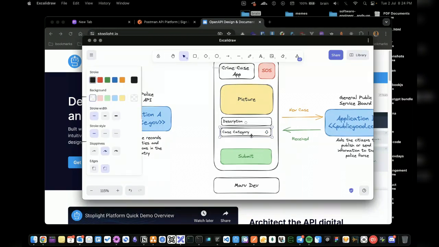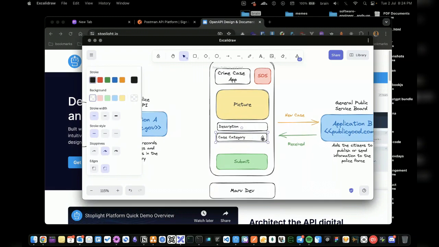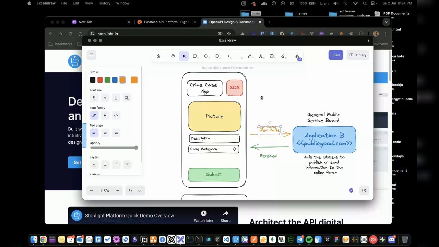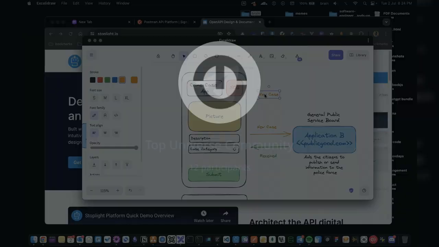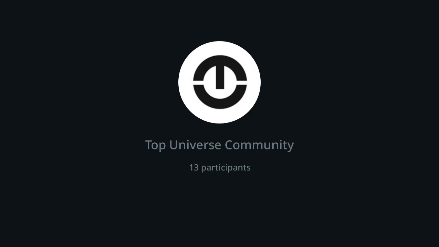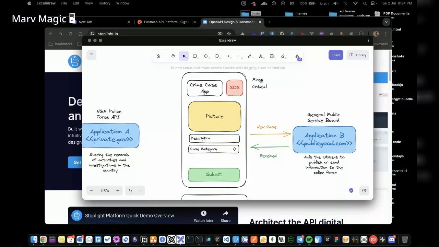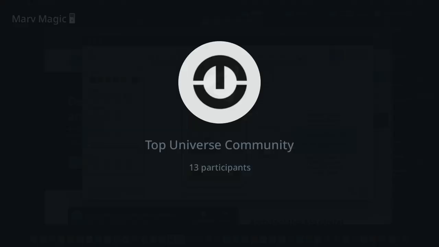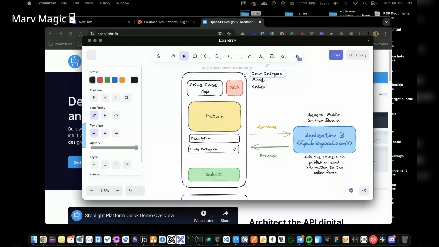But yeah, let's just assume we have a case category, and we have someone select the type of case, and the types of cases can fall under maybe a minor case, maybe severe, or let's say critical. Yeah, so let's say minor and critical. So let's just assume that these are the categories of the cases we have. This is an assumption, by the way, so keep that in mind. So we have a case category. We are literally building a mobile app here. Anyway, so we have minor or critical.